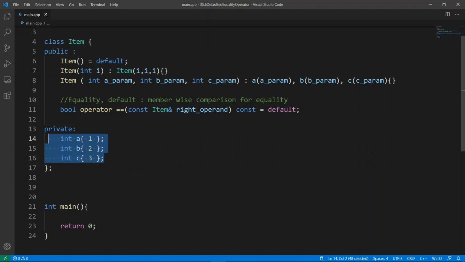We have 3 member variables, A, B, and C, and we have a bunch of constructors. The default constructor is defaulted. We have a constructor that takes an integer n. This is going to allow us to play with implicit conversions, and this is delegating the construction work to another constructor, which is going to take the parameters and initialize them using an initializer list here to pass the data